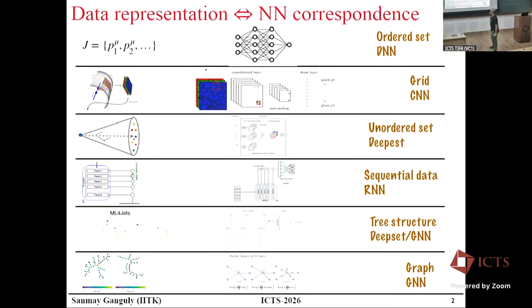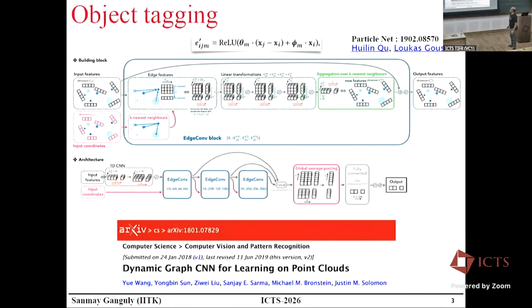Nonetheless, let's move on. Yesterday, we stopped at a point where we found that a jet, which is a collection of particles, has many faces, in the sense that given a jet, there can be an image-based representation, a set-based representation, a sequence, a tree, and a graph. We will try to see how you actually write down an inductive bias on each such data structure, and then how you solve a practical problem. So let's start with this.